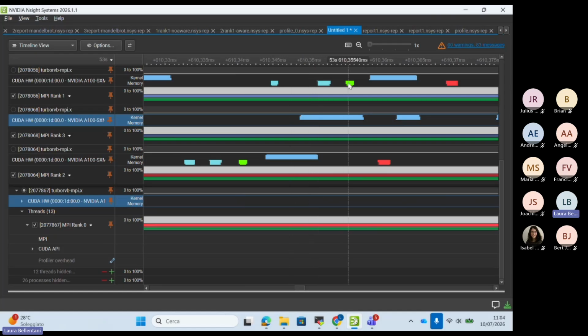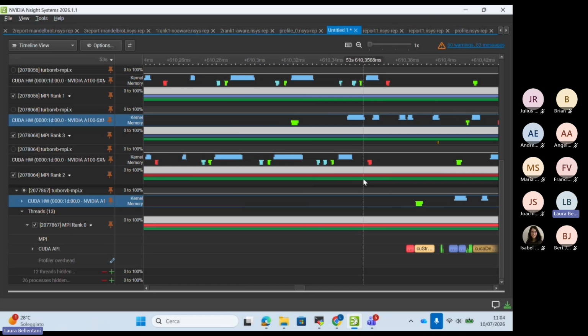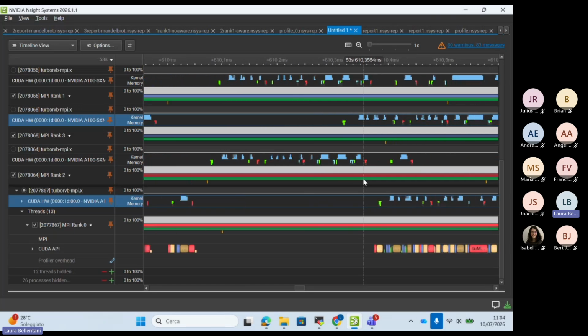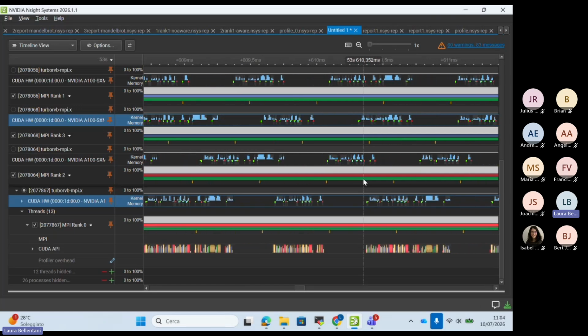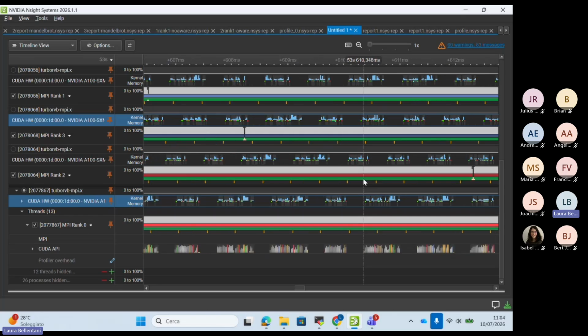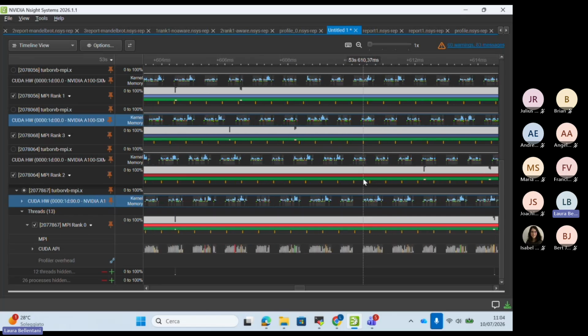And you can also have overlap of data movement with computation. So you see that with NVIDIA Nsight Systems, it becomes very easy to see how much we are improving the utilization in this kind of configuration.